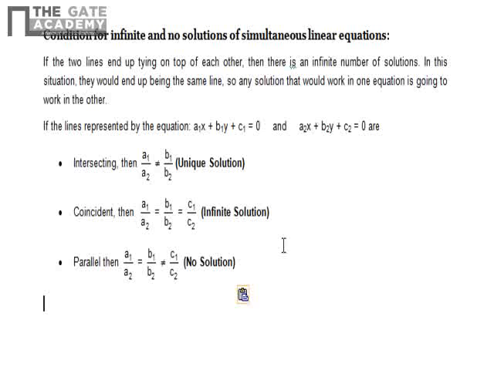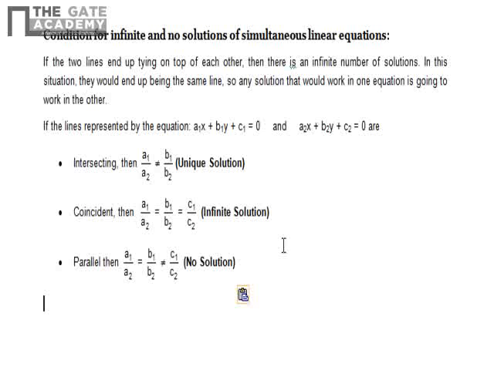Now the third one, when you have parallel lines, they will never cross each other. I think you know that if you represent two equations on a graph, then the solution to those two equations is the intersection point of the two lines, and if you find the coordinates of that intersection point, you will get the solution. But if you have two parallel lines, the ratio of the coefficients of x and the ratio of the coefficients of y will be the same, but the ratio of the constant terms will differ.